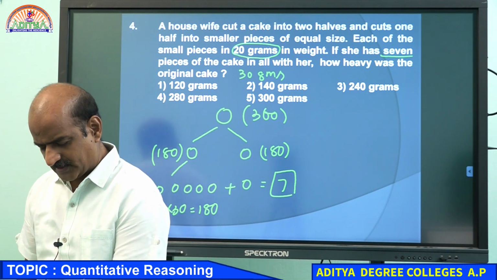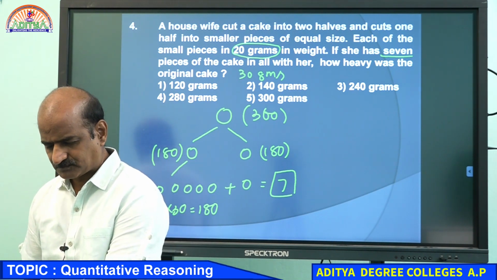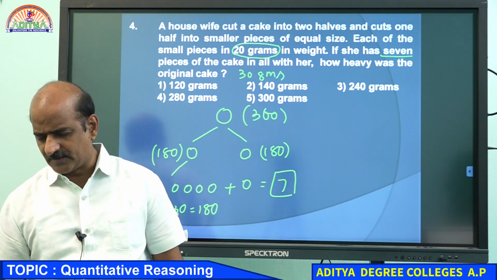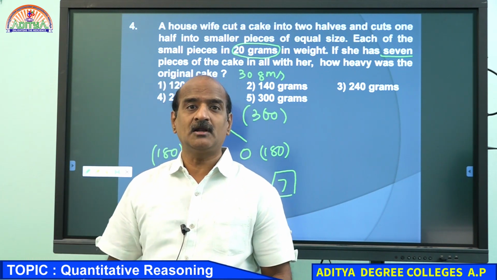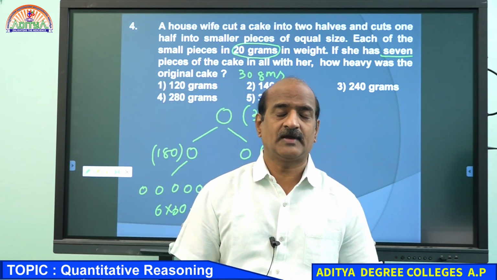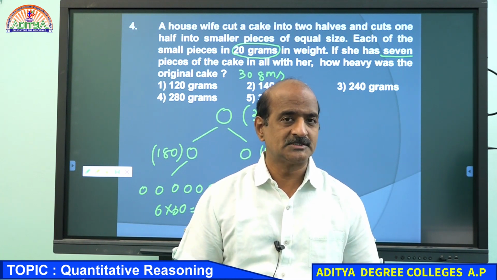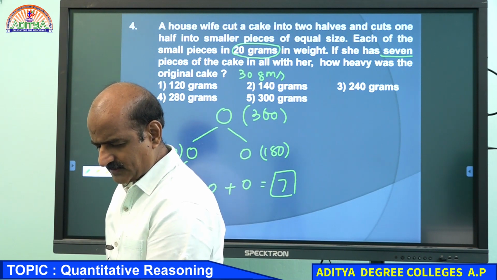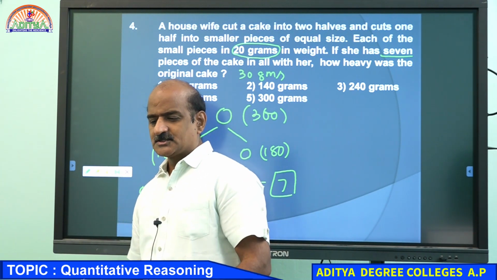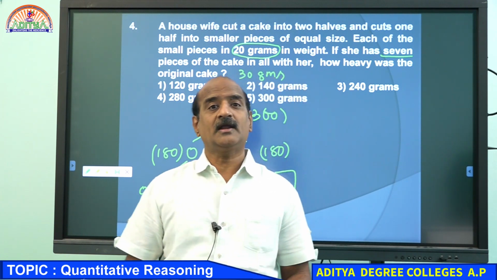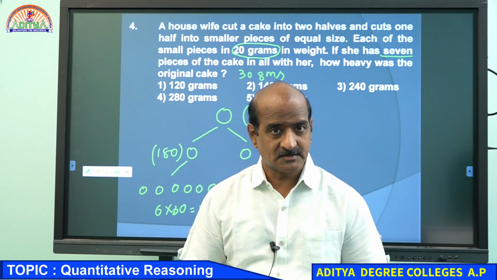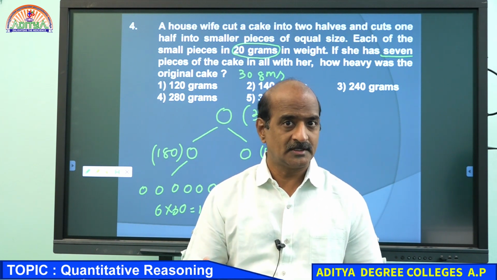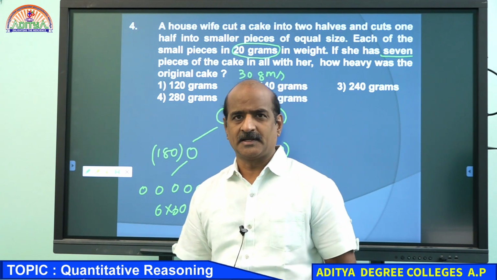Yes, slowly you are getting the point. Very well done, students. So, that's a very important point. Very good. 180 is the smaller piece, but when you are asked to find the weight of the original cake, 180 plus 180, that should be 360. Okay. I think yes, absolutely right. Student, my suggestion is, when you find any question a little confusing, the best way to come out of the confusion is to make different changes in the question, and make sure that you get the answer correct. Okay, not very complicated, you can definitely make it.